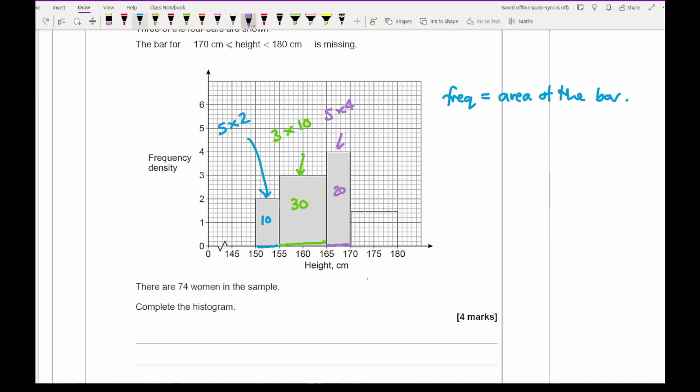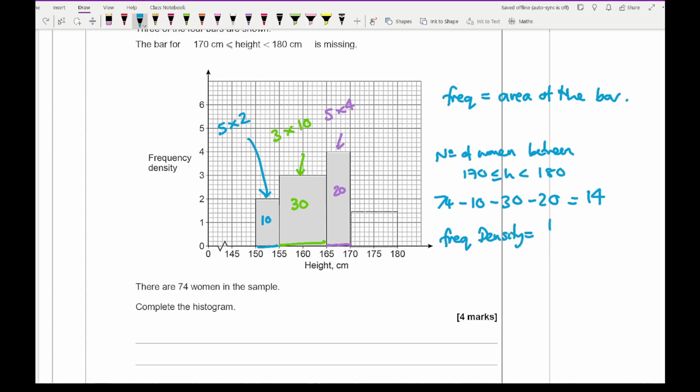So then to work out the number of people, or should I say females, so the number of women between 170 and 180 is going to be 74 minus 10 minus 30 minus 20, which gives me an answer of 14. So then to work out the frequency density,